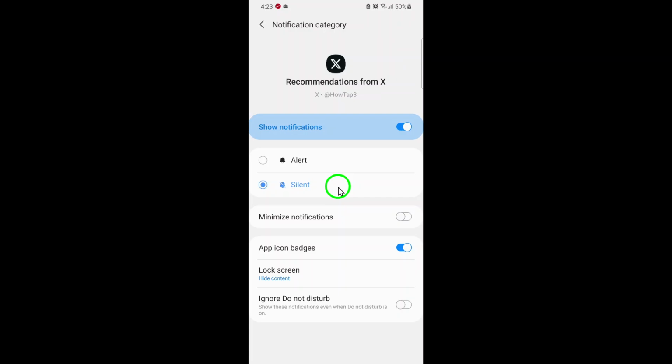Whether you're trying to keep your phone quieter during work, study, or just everyday life, adjusting notification categories like this helps you stay in control. You can always revisit these settings and make changes again if you decide you want alerts back with sound. And there you have it, the updated way to set recommendations from X notifications to silent on the